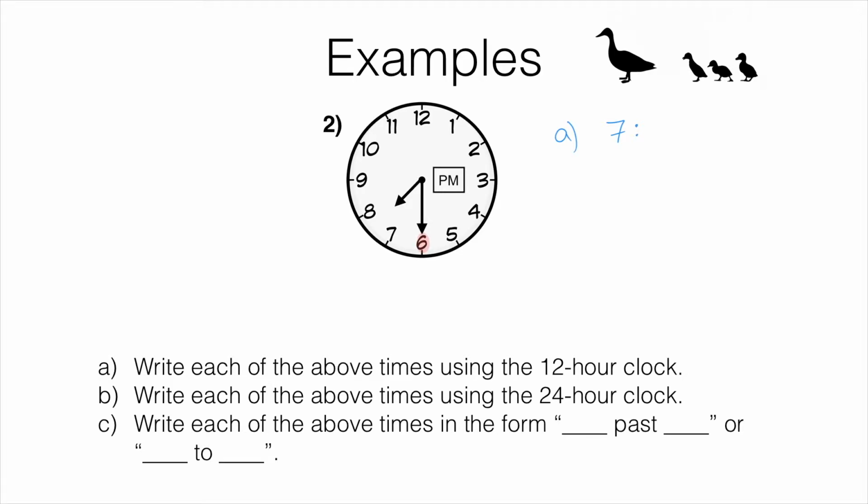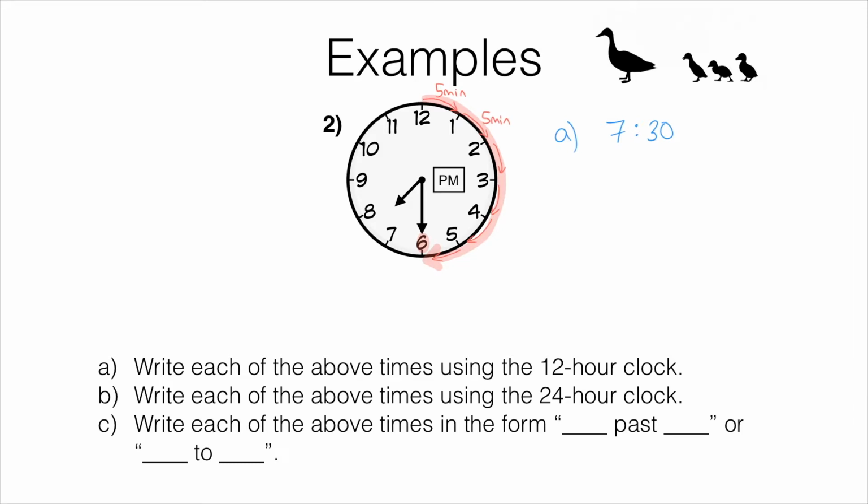You can see that because we've gone halfway around the clock, and remember the minute hand goes around the clock once every 60 minutes. So if it's gone halfway around the clock, it's only gone around 30 minutes. Another way to see that, however, was to remember that each of these sections is worth 5 minutes. From 12 to 1, that would be 5 minutes for the minute hand. From 1 to 2, that would be another 5 minutes for the minute hand, and so on. And we've got 6 of these, which means 6 lots of 5, which is 30 minutes. So this is 7:30,